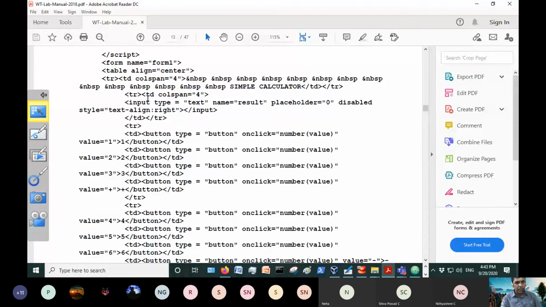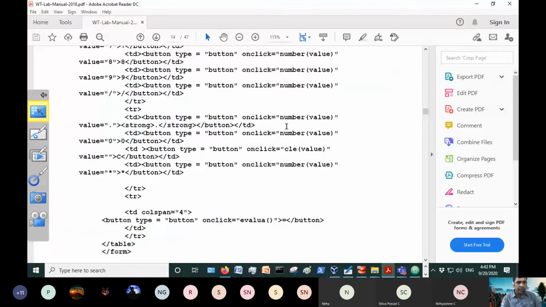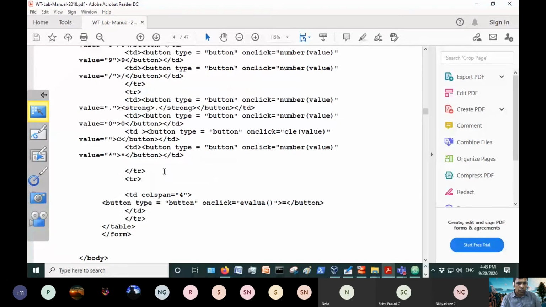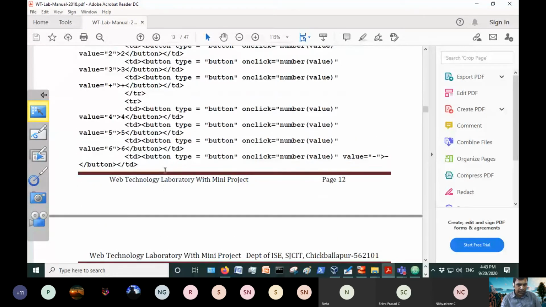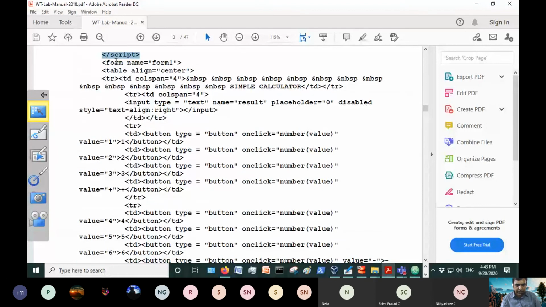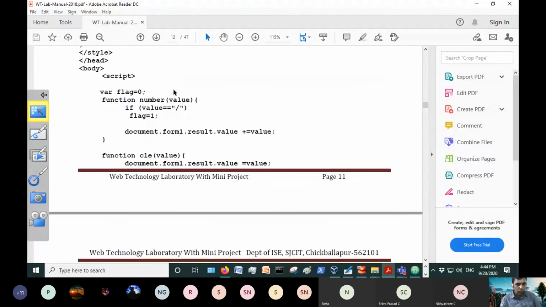Of course, here the JavaScript program is here. Note that the JavaScript starts here and the script tag ends here. So you need to see where the script tag actually ends. This is the opening tag and the closing tag.